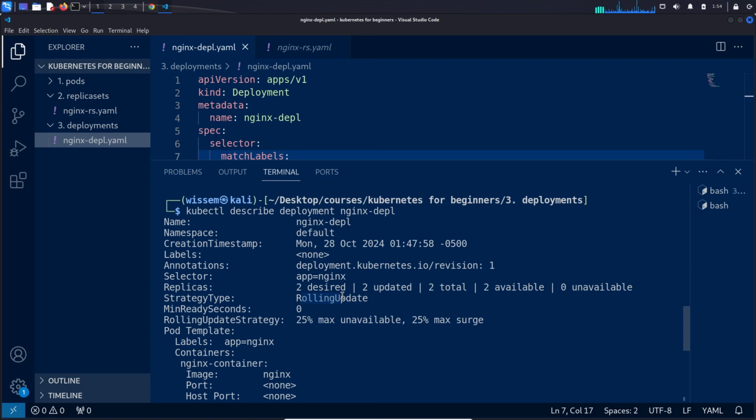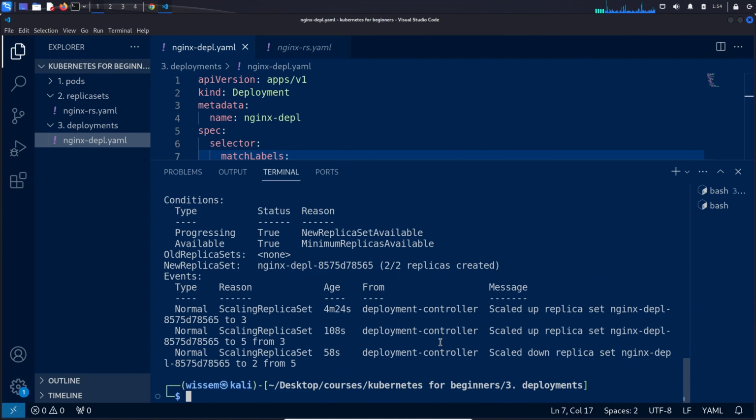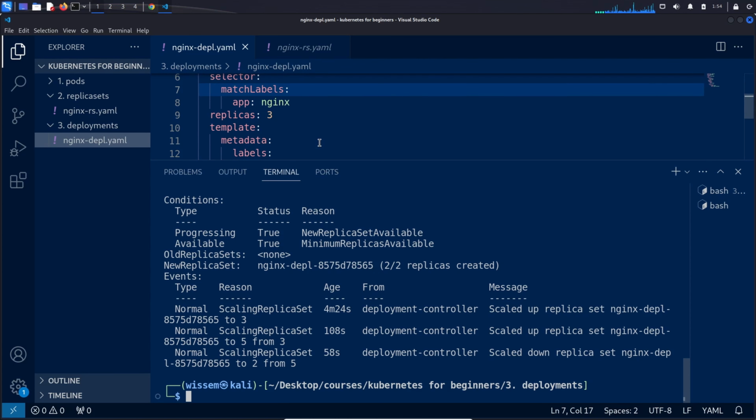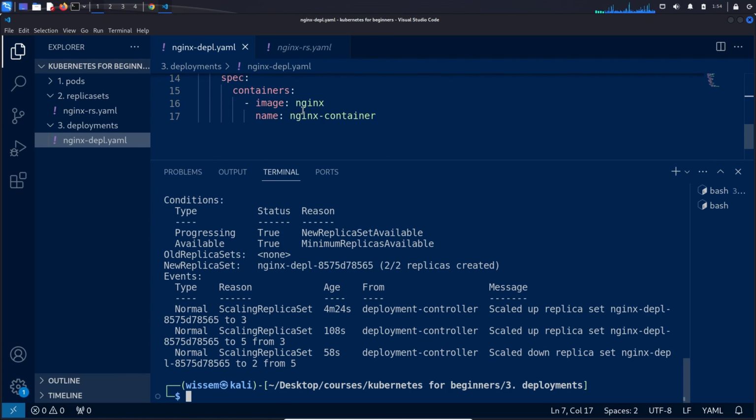And then it will go to the next instance, so it will create a new pod running using the new Docker image. And when this new pod is up and running, it will delete another instance of the previous pods. We can test that using, for example, let's say that we want to update the Docker image. So instead of using the image nginx, we want to use the nginx alpine Docker image. Okay. So to set the Docker image, we can use the command kubectl set image